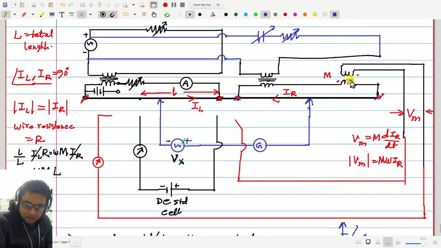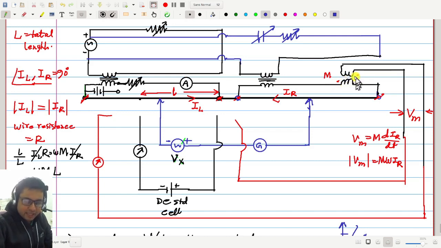If you change anything here in the primary... firstly, in the measurement phase, the secondary is open. We are not doing anything with the secondary. The secondary side is used only during the standardization of the right side transformer. So this side is open. There is nothing you can do at all. If you change anything here, nothing changes.